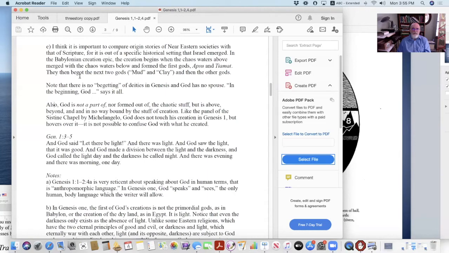And so God is depicted throughout this chapter as sovereign, Lord of creation, above it, beyond it, not to be confused with a human. And yet we must interpret God's presence and God's action in terms that we can understand. And so God speaking and God seeing are the two methods that the author uses to enable us to understand what God has done in Genesis 1:1 through 2:4.